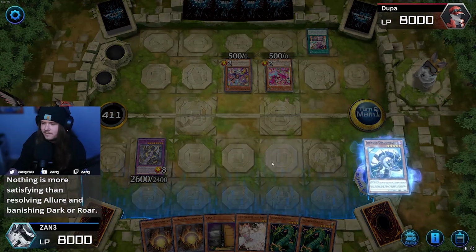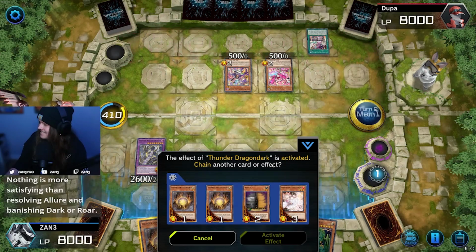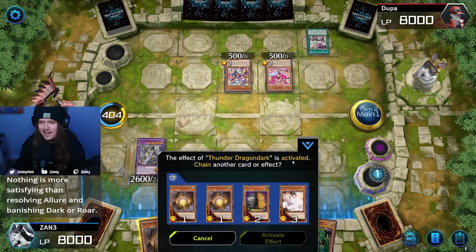Then Dark will activate its effect. With the new meta, Maxi, Ash Blossom, Girl Hug. I guess I'm gonna continue playing on Blue Eyes. Nothing more satisfying than resolving a lore, banishing Dark Aurora. Yeah, it's super satisfying. It's like back in the day, if anybody...